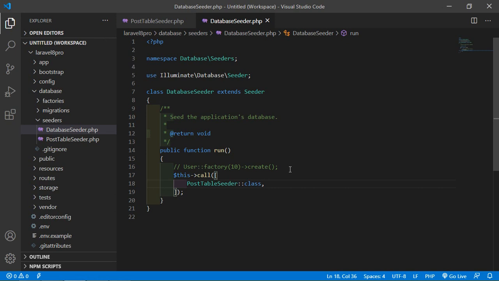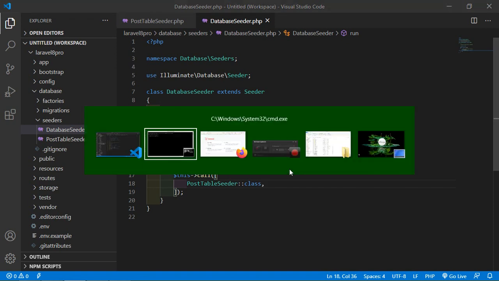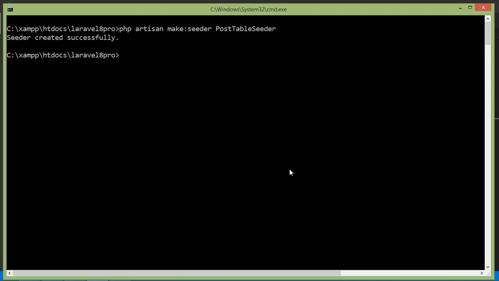Before executing seeders, regenerate the composer autoload. Switch to the command prompt and write the command composer dump-autoload. Now press enter.